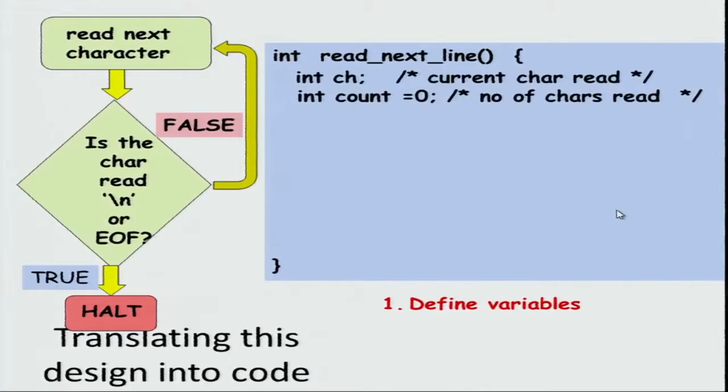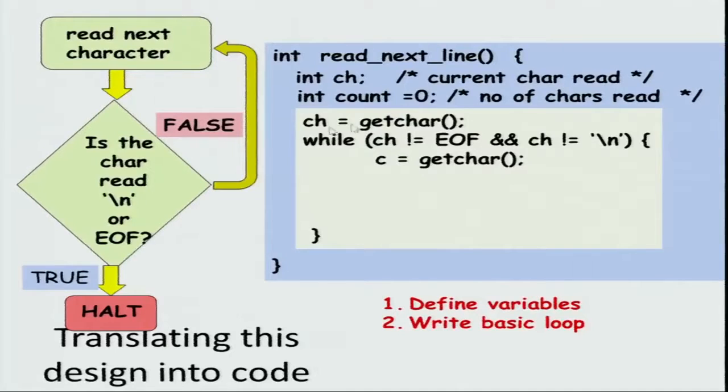So, we have to define a few variables. We will have int ch for reading a character, we will come to that in a minute. Then we will keep a count of how many characters have been read, and let us write the basic loop. We will just write the loop corresponding to the flow chart. Ch will be getchar, so get the next character, and while the read character is neither end of file nor new line, you should keep reading characters. So, if neither of these is true, then you should read the next character, which is what the flow chart says. A small point here